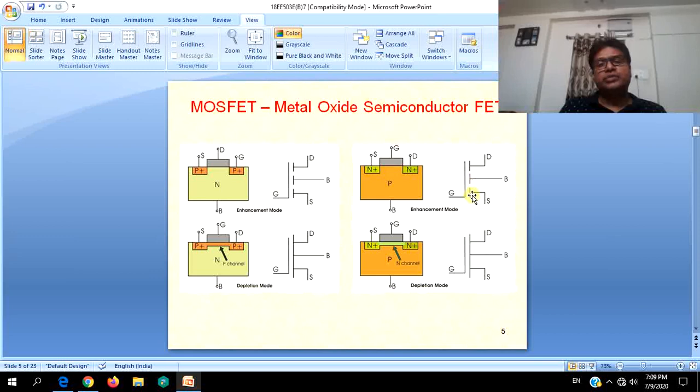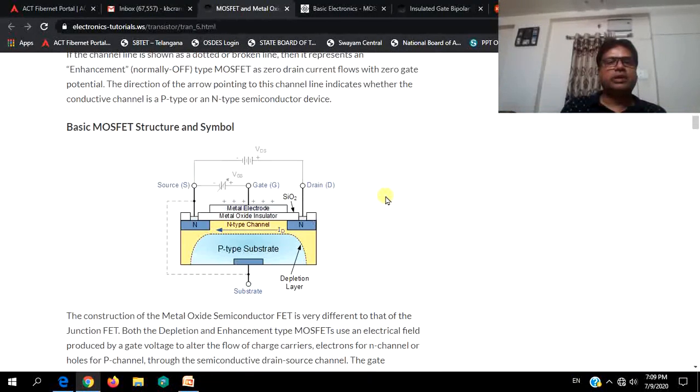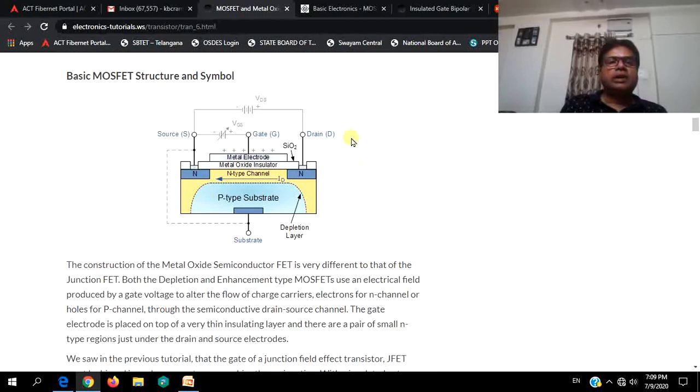But again, when it comes to MOSFETs, they are faster. They have faster turn on and turn off times, or they are suitable for faster switching actions. But more power loss will be there. This is the drawback. Again, we will go through another way of representing these layers of the MOSFET structure. It is a P-type substrate with an N-type channel. So this is an N-type or N-channel MOSFET. When conducting takes place, current flows between N and N.